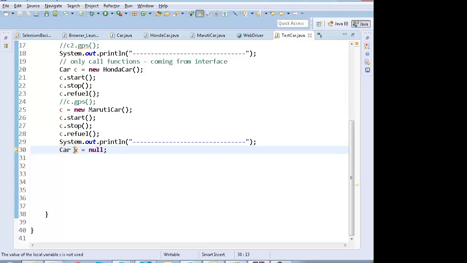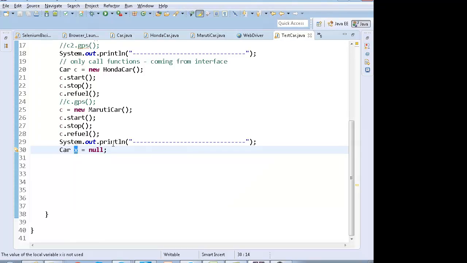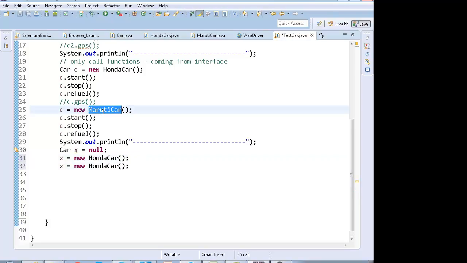This is a reference which is not pointing to Maruti. This is not pointing to Honda. Based on my decision, I can make x point towards new Honda car, or based on my decision, I can make x point towards Maruti car as well. Right. You can do that.